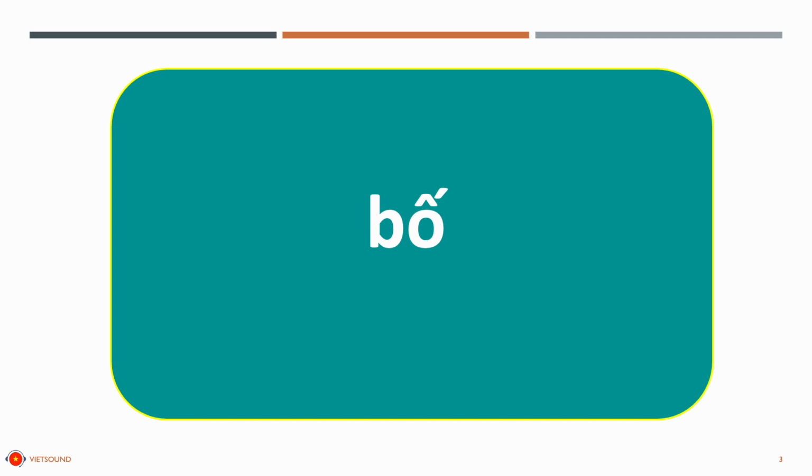Now let's try to say some words with the B sound. First, I'm gonna say the word, then you'll have a few seconds to copy exactly how I pronounce the sound. The first word is bố,